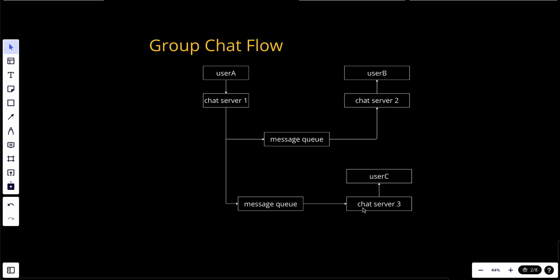So by now we have three users. What happens when user A sends a message in a group chat? Assume we have three members in this group chat: user A, user B and user C. First, the message from user A is copied to each group member's message queue. So it's copied here and copied here, one for user B and one for user C. You can think of the message synchronization queue as an inbox for